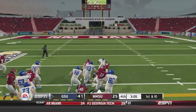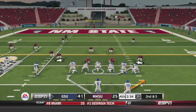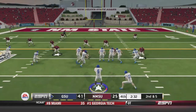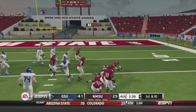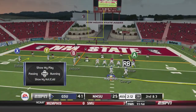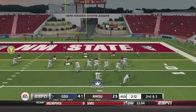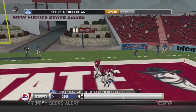1st down and 10, Georgia State. Lamont George gets the handoff on 1st and 10. Up the middle, he goes for 16 yards and a Panthers 1st down. With just over 2.5 minutes to go, handoff goes to Mark Culver up the middle, breaking tackles. 11-yard gain on the ground for Culver. Gives the Panthers a 1st down. 2nd down and 3. Reynolds out of the shotgun here. He's looking. He's going to fire to the end zone. It's caught by Sebastian Willard for the touchdown, putting Georgia State up